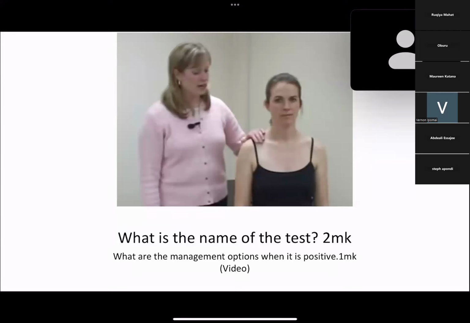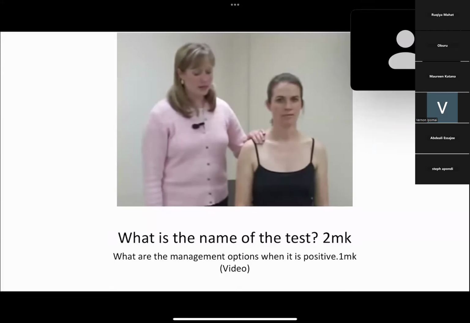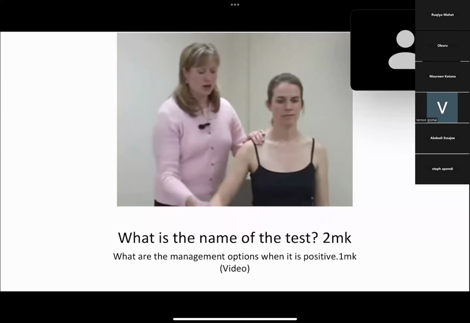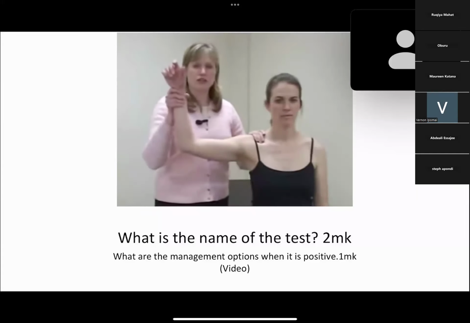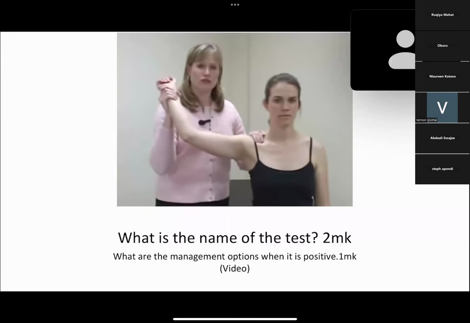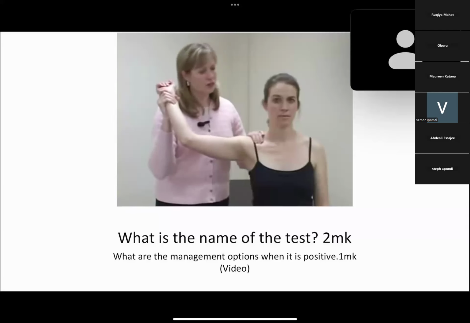So this is another one, very important test. Okay. Yeah, this is another one. Shoulder apprehension test. Shoulder apprehension test. So always know that if you have a patient who has a recurrent dislocation, and this is important,